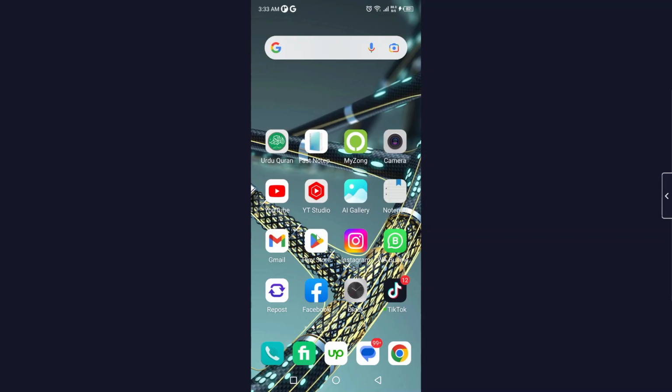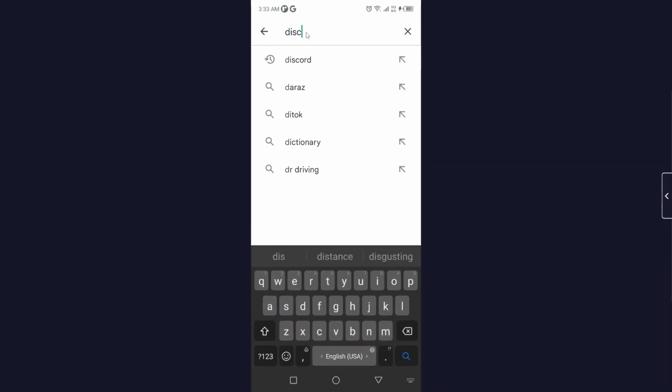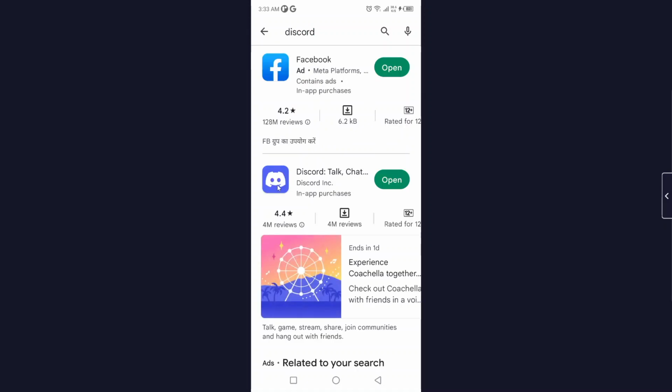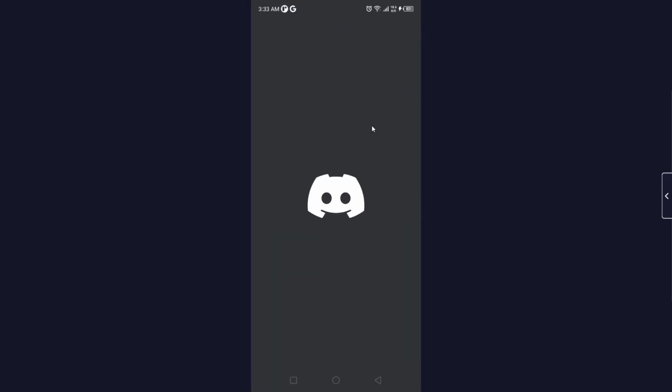So the first step you simply need to do is to open Play Store and search for Discord, and then you need to update the Discord application. As you can see, my Discord is up to date. Then you need to click on open,